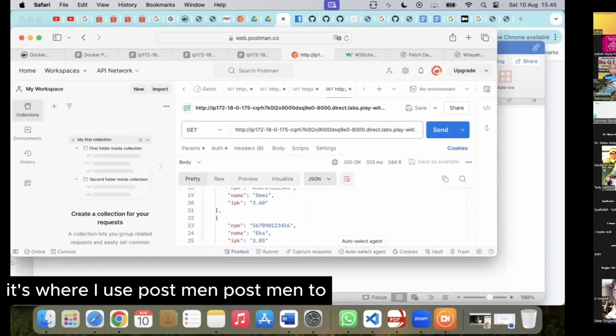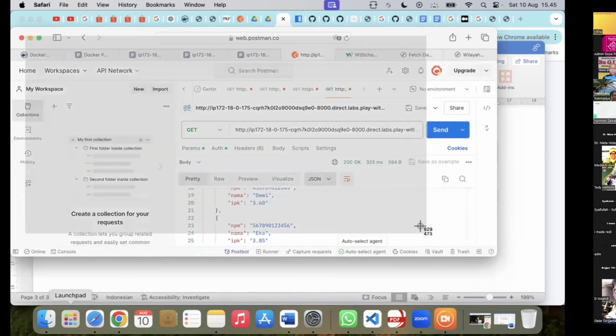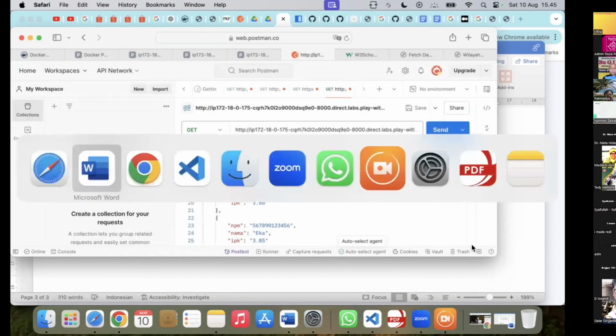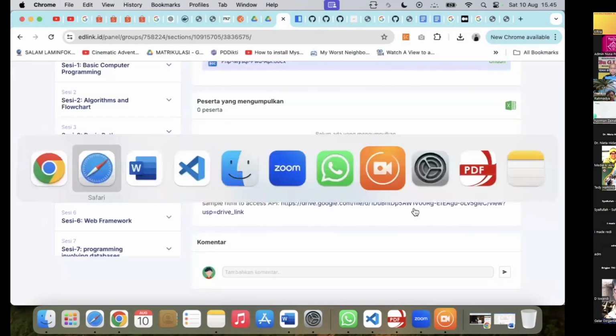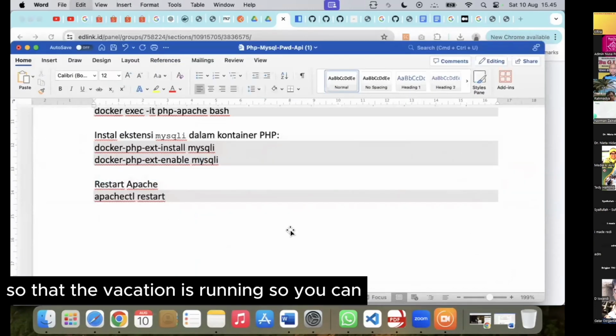Let me use Postman to show that the application is running.